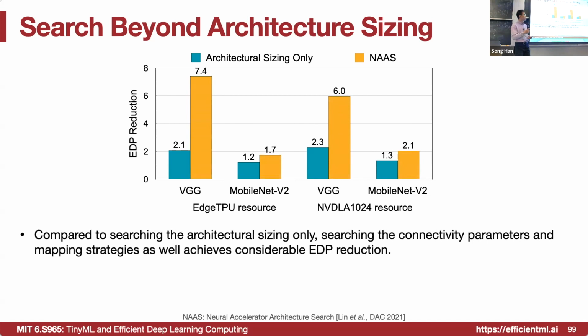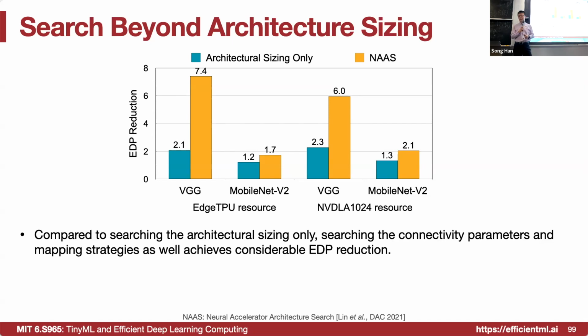So basically, this is comparing architecture sizing only versus combining the numerical values and also the non-numerical connectivity all together in consideration. So this is the EDP reduction, showing that the neural accelerator architecture co-search can find a better configuration than just finding this